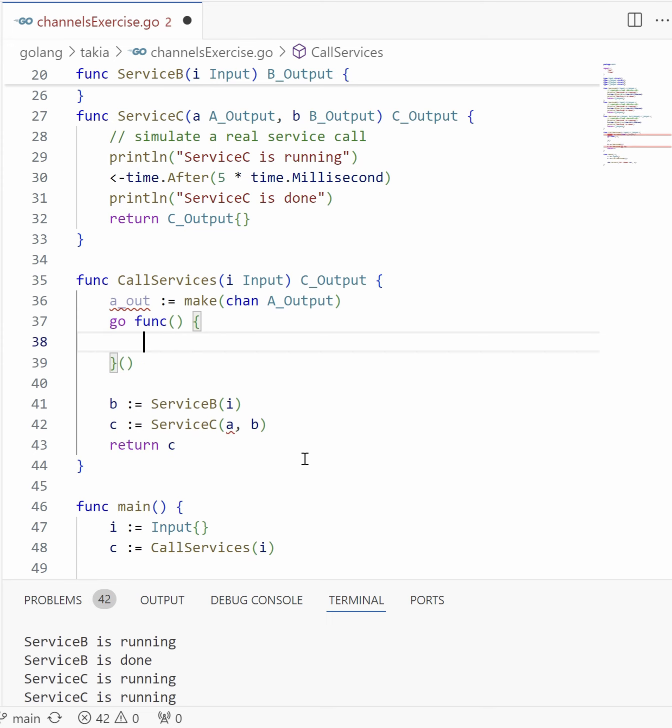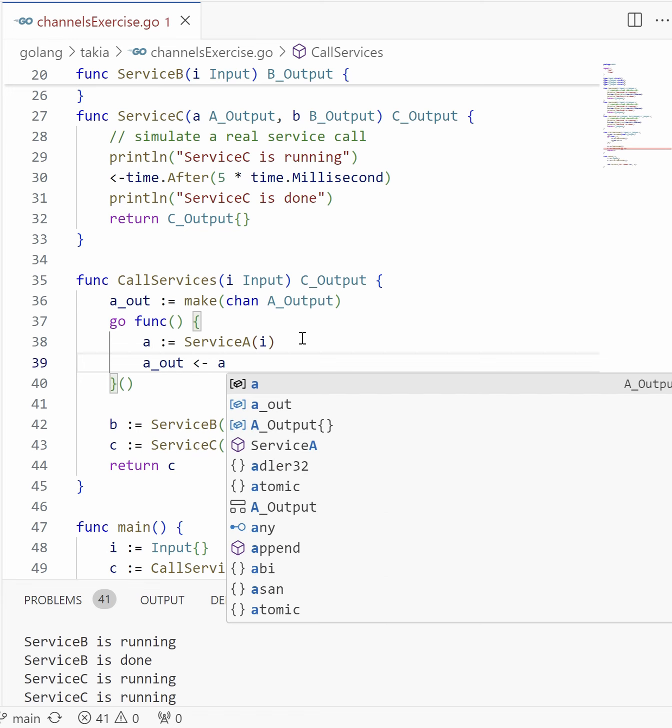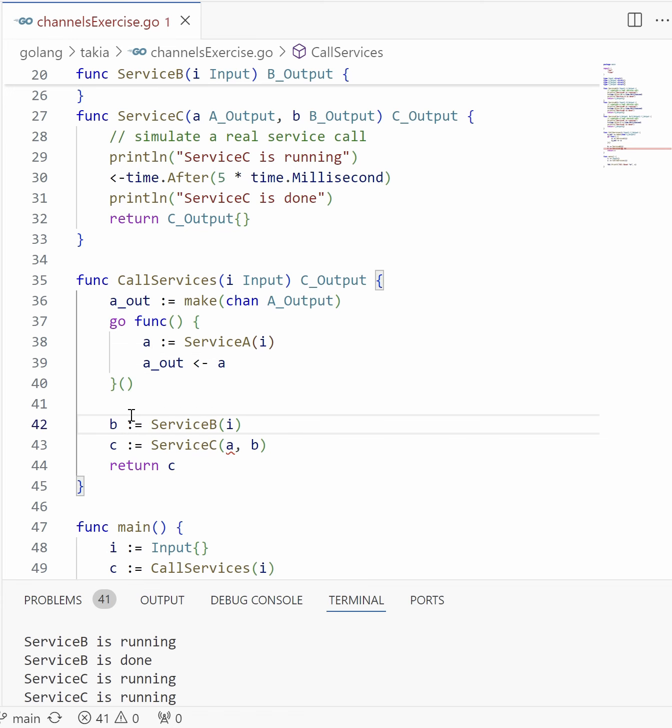Now inside that function that runs asynchronously thanks to the Go routine, I can create this variable A, call service A, and then I need to send this variable A into the channel, right? So I'm going to do A out, and send the variable there. So this runs service A asynchronously and then writes the output to the A out channel. But then I need a way to read that channel to get the variable back, right? Also,